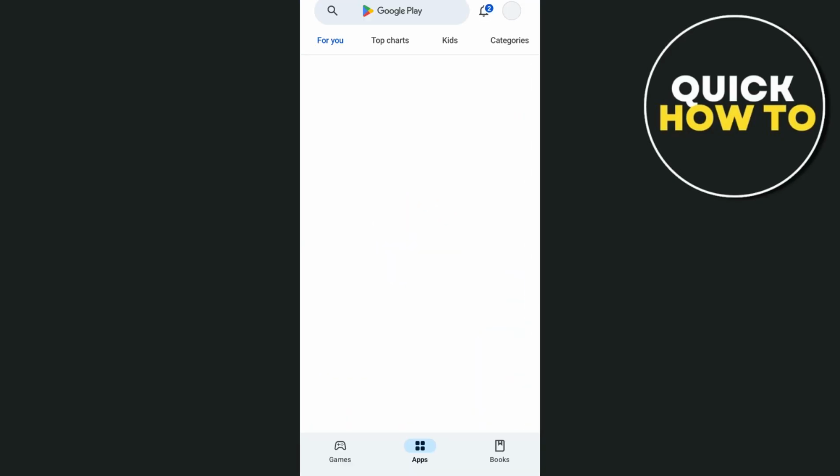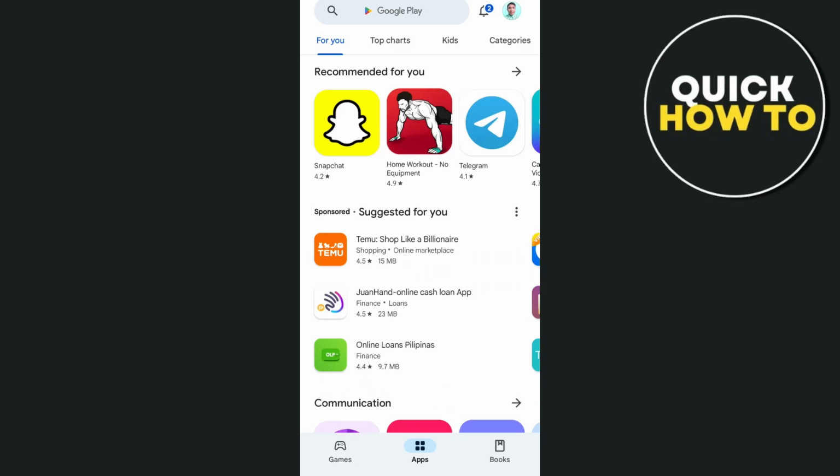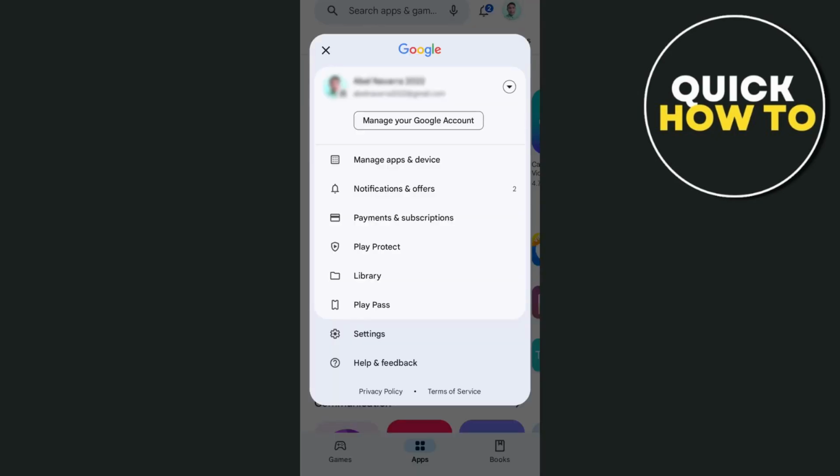In this video, we're going to show you how you can create or open a new Google Play Store account. First up, open your Google Play Store and then here tap on your profile icon at the top right hand corner of your screen. Now here, as you can see, if you're going to tap on the drop down menu,